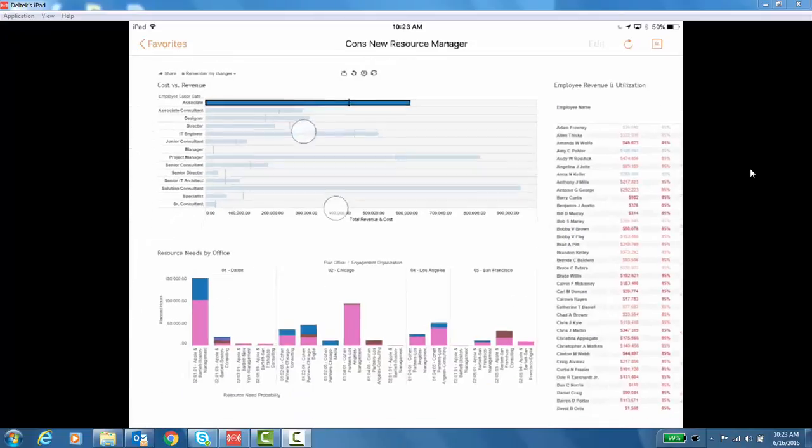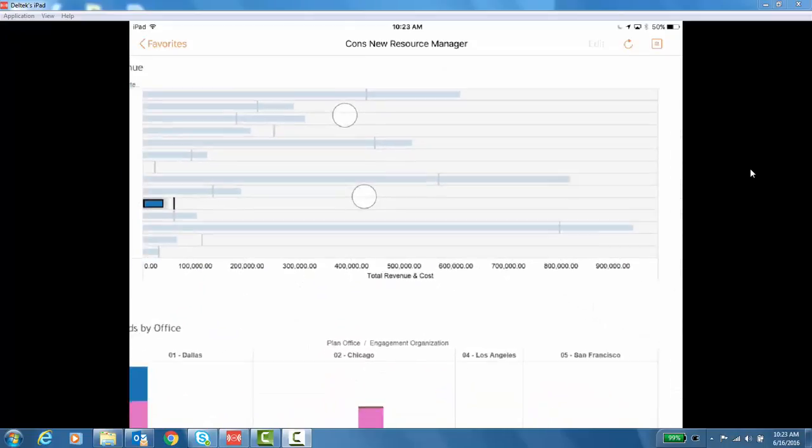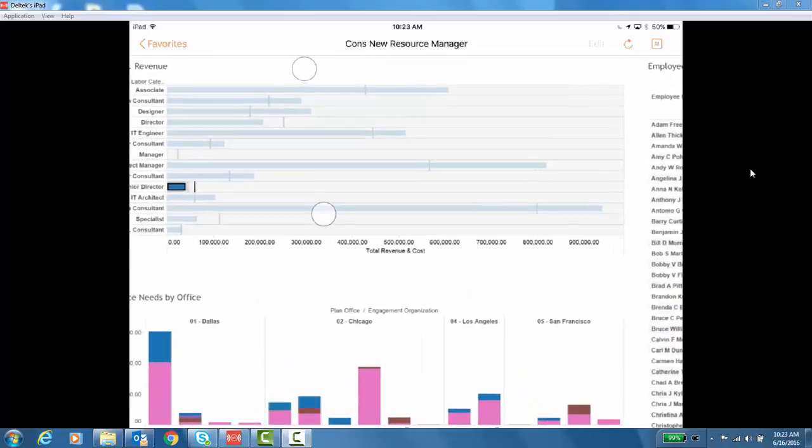They're doing good things for the business. If you change the view a little bit and hone in on, say, the senior directors, they aren't cutting it. In fact, the senior directors are actually costing the business money. As we click on the senior director, we'll see that they've only generated about 37,000 in revenue, and they cost the business almost 61,000. So quick, fast, and easy, I'm able to figure out the camps and the groups that I'm responsible for,